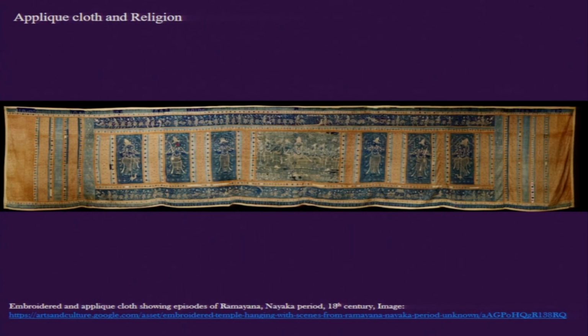For example, this one textile that we have on screen is a long, large temple hanging. It is embroidered and at the same time appliqued, and it shows scenes from the Ramayana. At center stage we have the image of the coronation of Rama, and in the vertical panels around it, we have other Vaishnava images on the sides. Then there are continuous narrative panels in the upper border and lower border of this image, in which the narratives from the Ramayana are depicted.